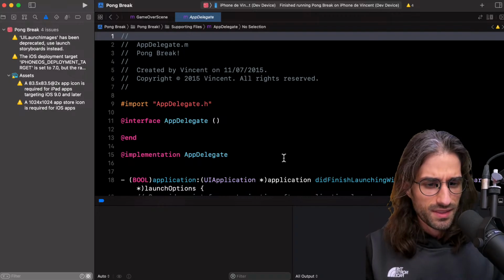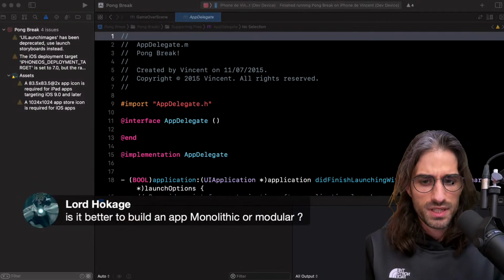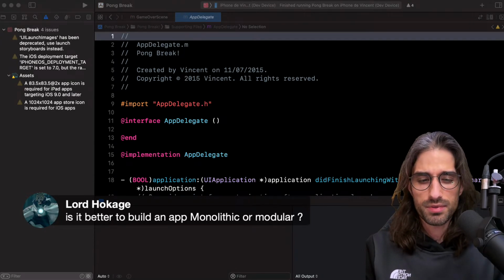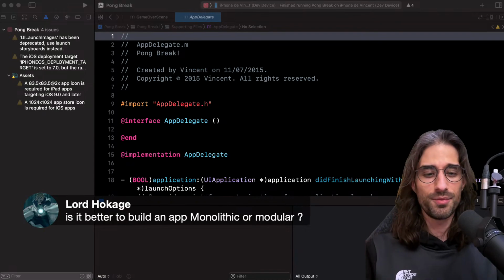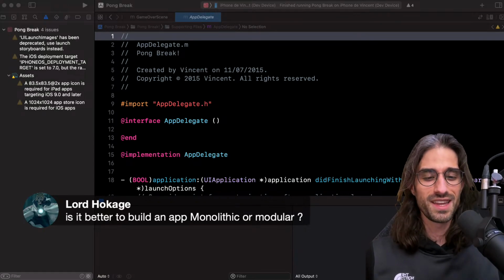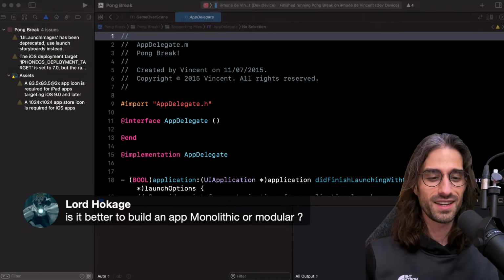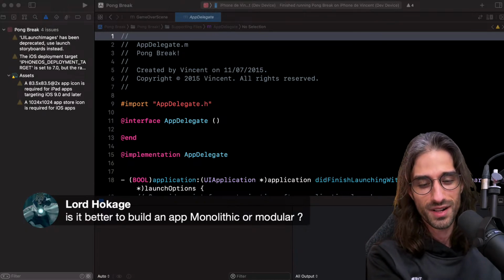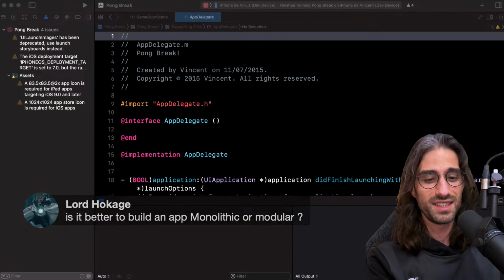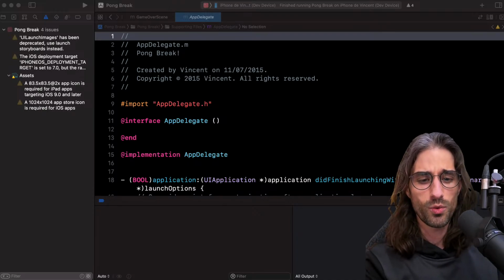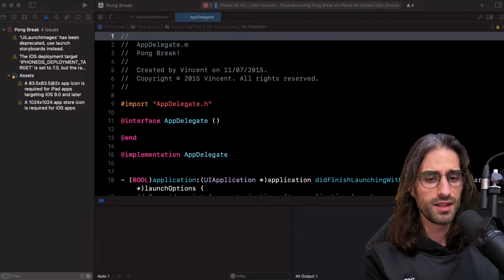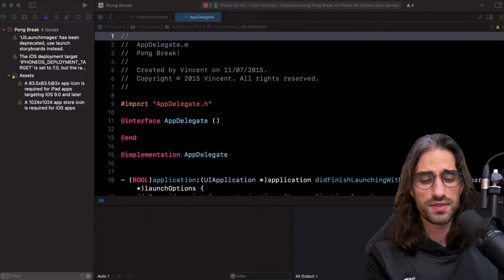Okay. So I see a question: is it better to build a monolithic or a modular app? So first thing I want to get across: these projects I'm showing are by no way an example that you should follow. Really, by no way they are an example. They are just old projects I did. So please don't take example on this. And I guess when you get started, you always start with a monolithic app, but then you should try to modularize things.